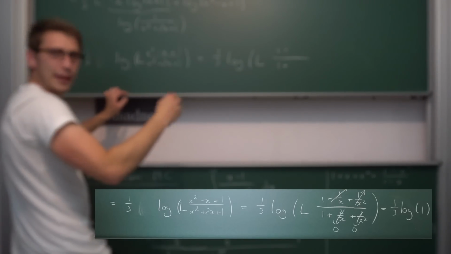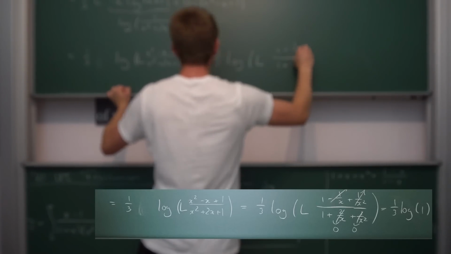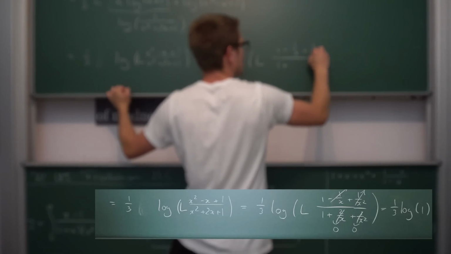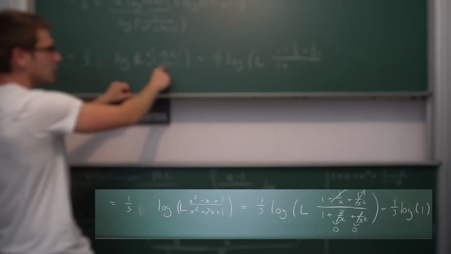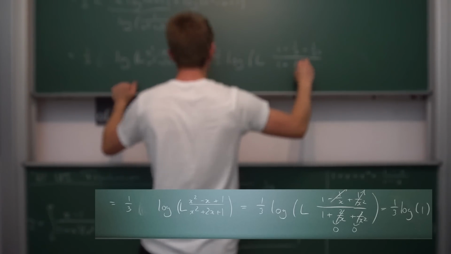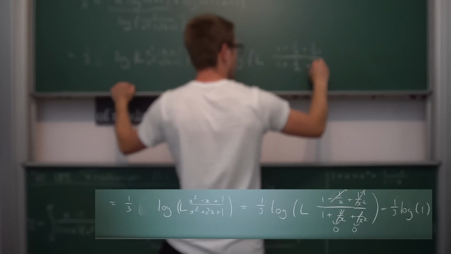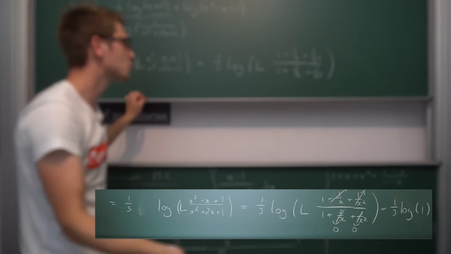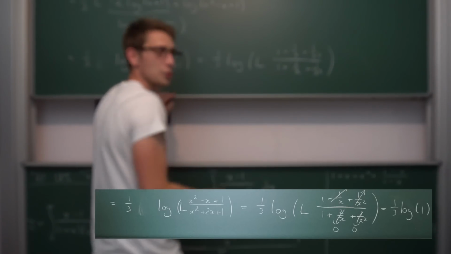Then x divided by x squared is 1 over x. And 1 divided by x squared is just 1 divided by x squared, obviously. Other than that, we are going to get 2x divided by x squared, which is just 2 divided by x, and plus 1 over x squared. And if we now apply the limit rules, okay, applying the limit to both the top and the bottom and